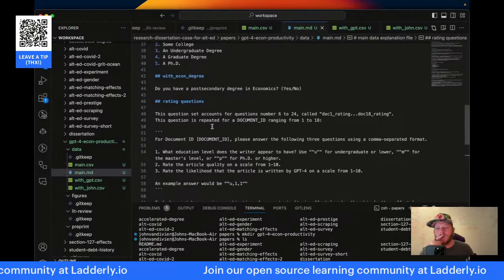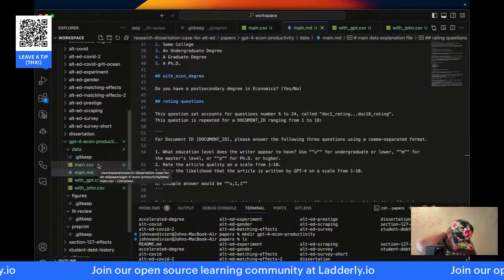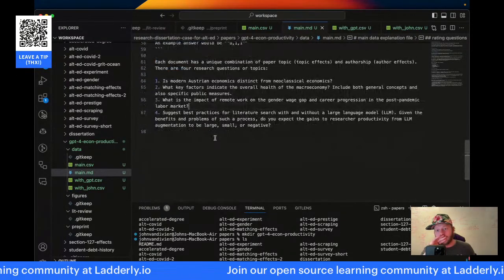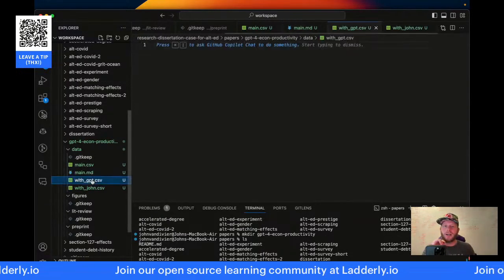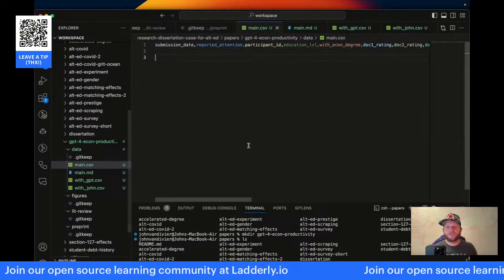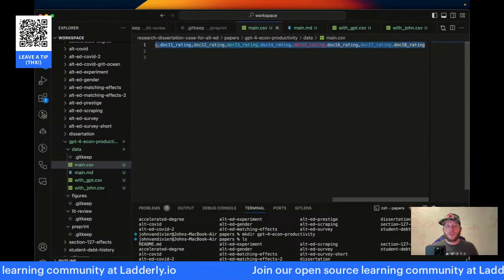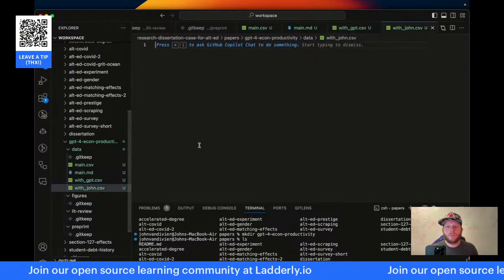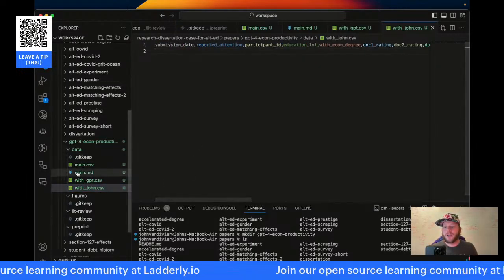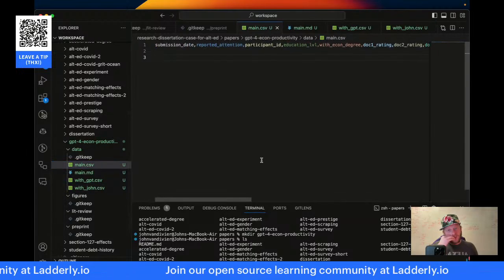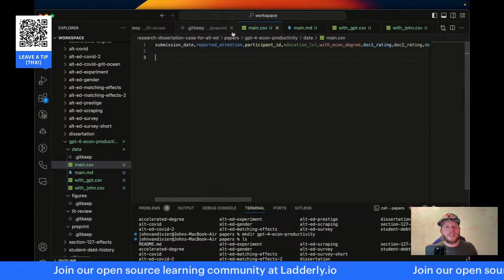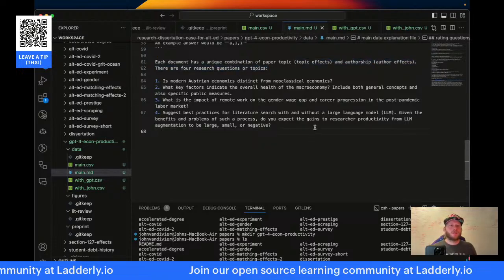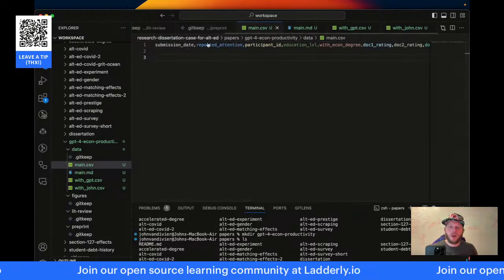So let's continue. We have the title row of the CSV done, don't we? This is great. I'm excited. I'm interested to see how the data exploration goes, because discovering these topic effects and author effects is the real interesting part of this.